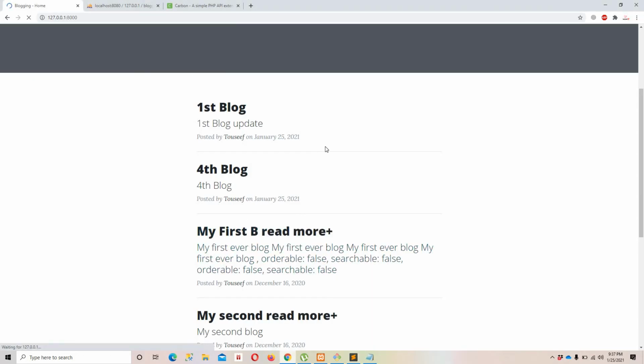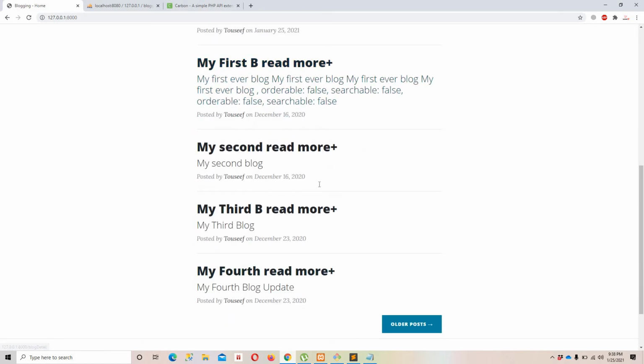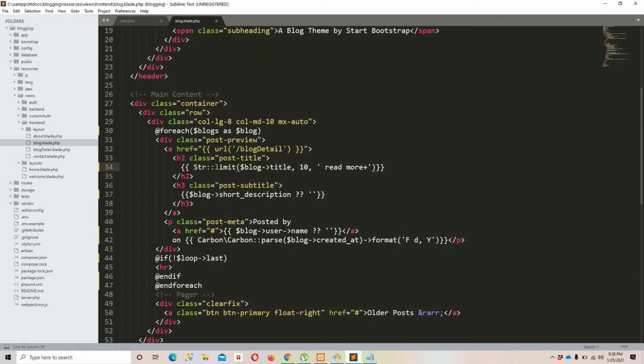Okay, refresh, and right here you can see if the character limit reaches 10, we are going to assign a read more. We are basically concatenating read more so that people can click on that. This whole div right here is going to be a link which will be redirecting us to this specific blog related details page. Okay, so I just wanted to show you if you want to use it, and in my case I'm going to use words,